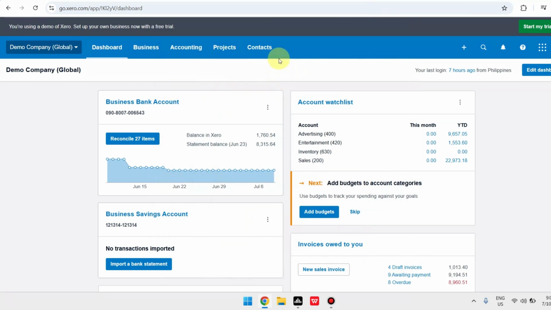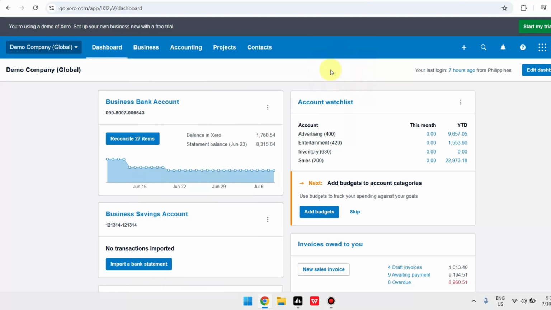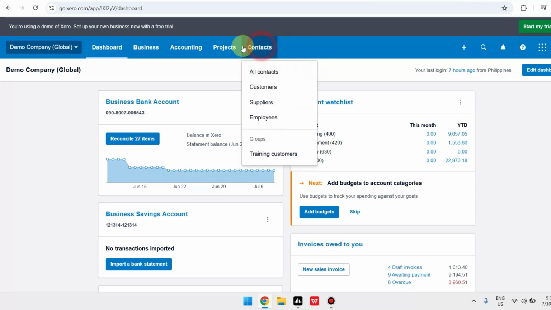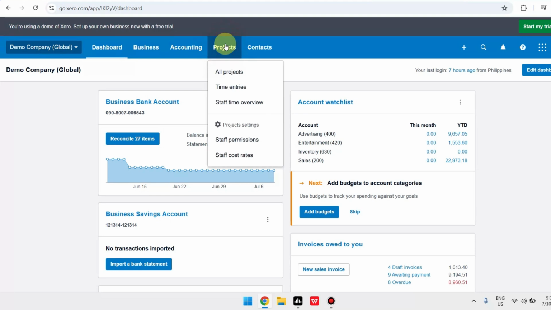So, for today's video, I'm going to teach you how you can easily add timesheets in Xero. All you have to do is head over to Xero.com and, of course, make sure that you're logged into your account. Normally, you should be able to see timesheets under settings, but if you're not an employer or have the same settings as I do, you can just head over and click on projects, then click on time